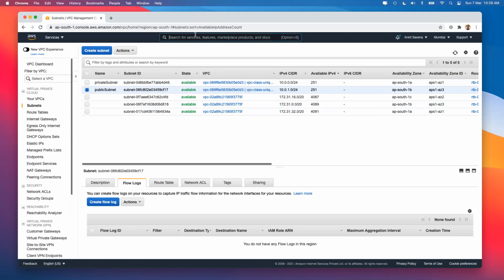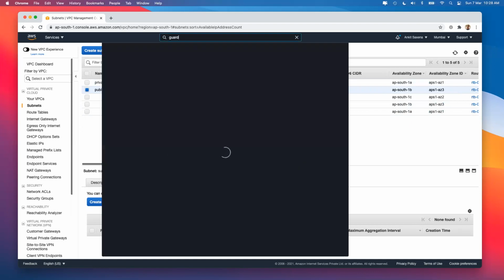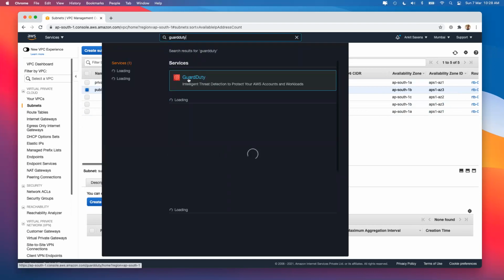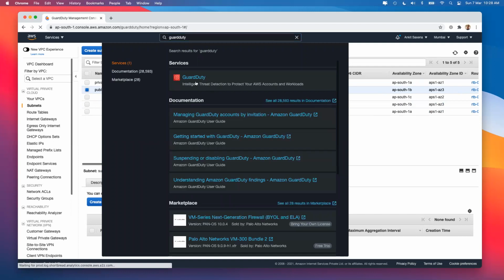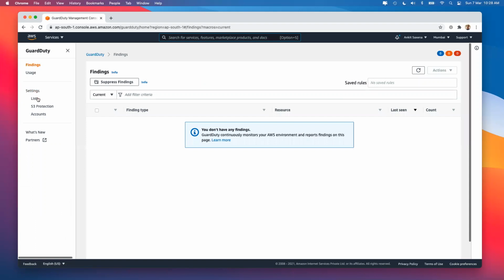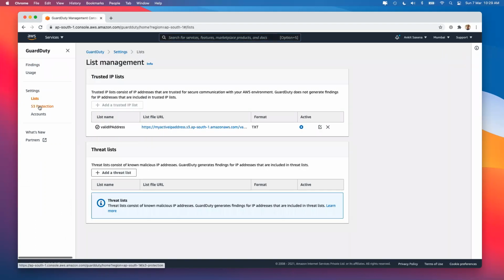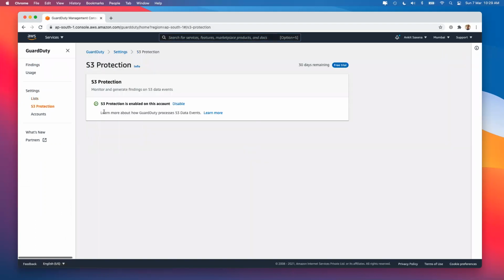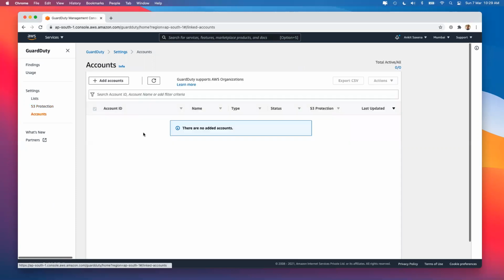And then let's go back to our GuardDuty and understand the IP addresses, that if I want to enable or disable certain IP addresses, how can I do that? First of all, you see the S3 protection. S3 protection is enabled for this, the reason being GuardDuty is enabled. So any problem inside your S3 account or S3 buckets, it's automatically going to show you inside your S3 protection here. You can also put it at the account level.